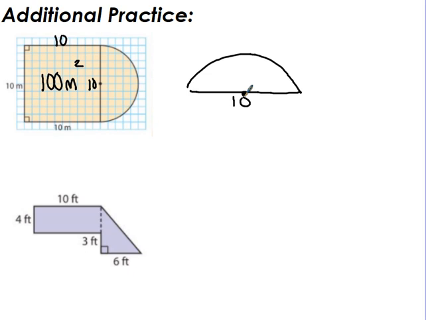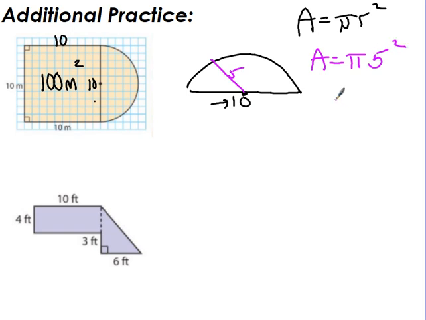So for the area of a semicircle, let's just find the area as if it was a whole circle, but then divide it by 2 because it's only half of it. And luckily we're given the diameter here. So I know my formula for area of a circle is pi times the radius squared. I'm given the diameter, which means that half of the diameter is the radius, and therefore my radius is 5. So the area is pi times 5 squared,